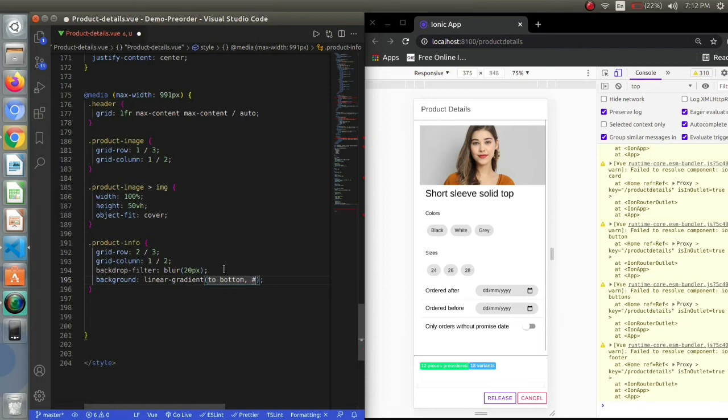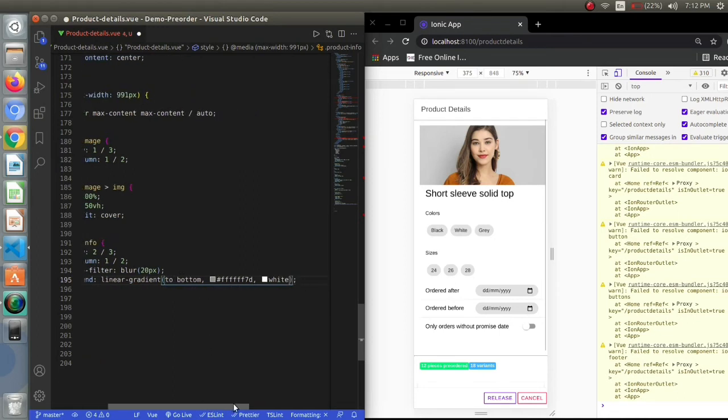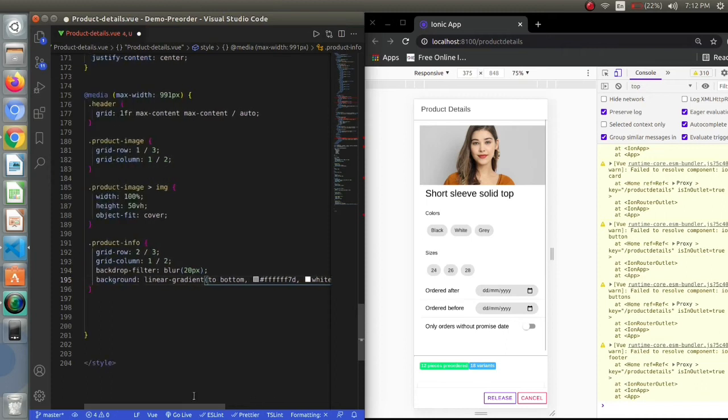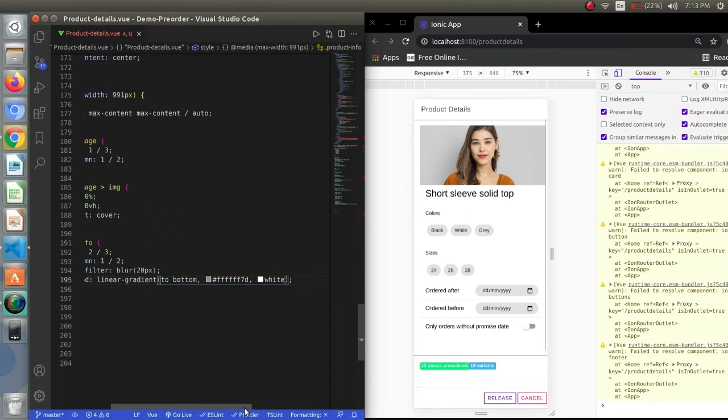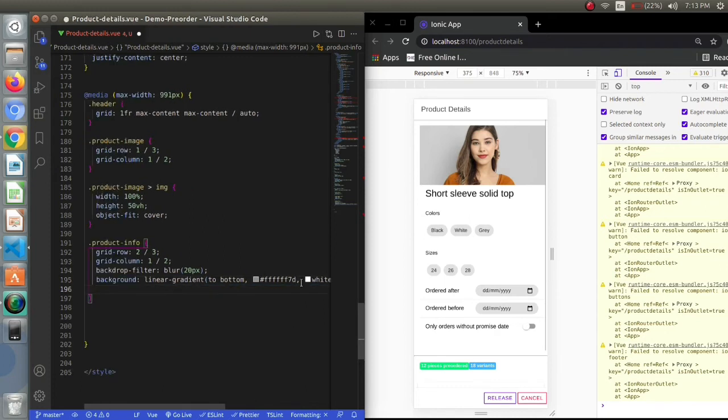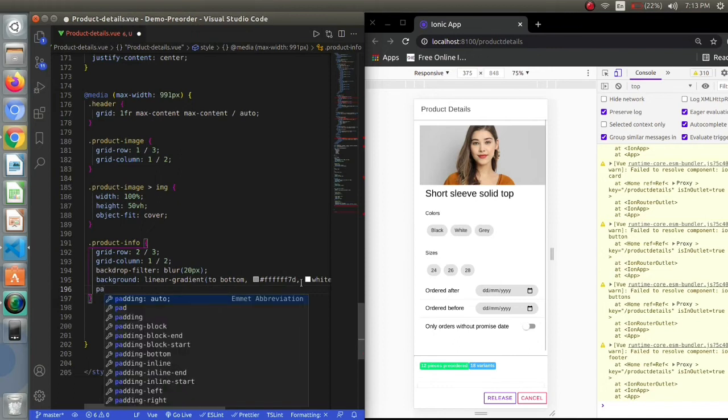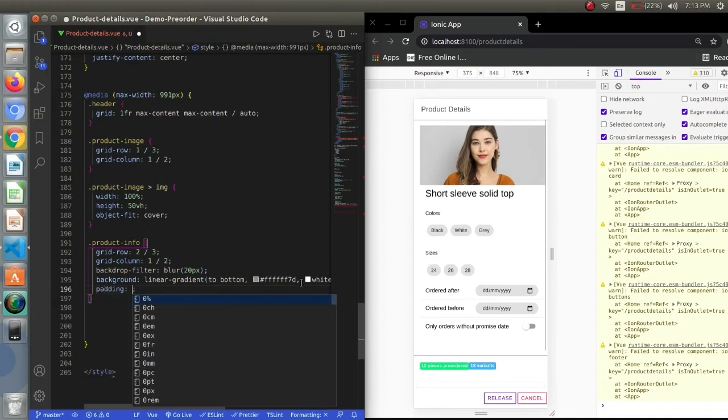And we'll also set some color. You can choose the color of your choice over here. And let's just provide a padding over here.